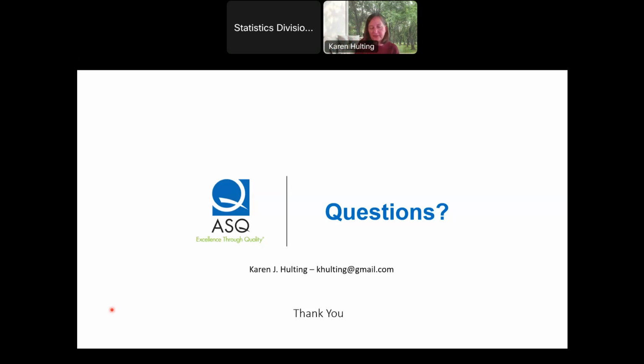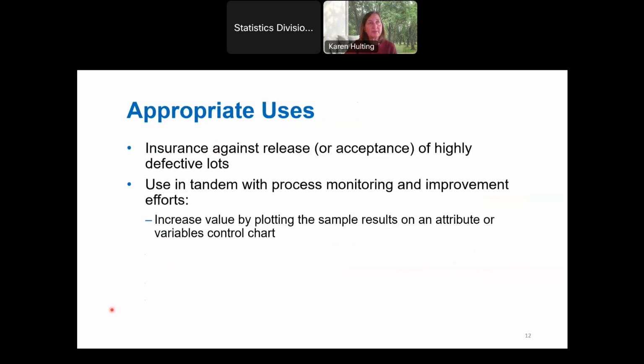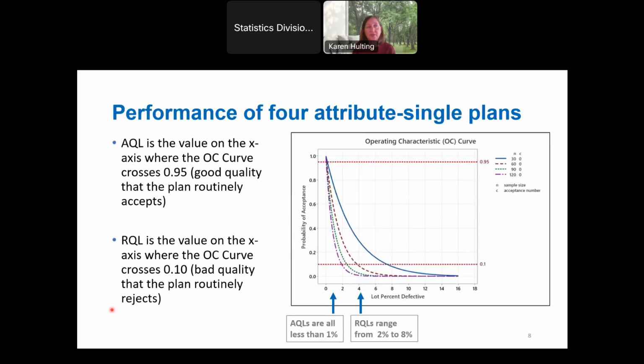Typically, as much as I would love to have an LTPD of 0.5% or 1% or 2%, those plans are pretty expensive, right? Because if we go all the way back to my Accept on Zero OC curves, if we have a sample size of 120 Accept on Zero, we find out that the LTPD is sitting right about 2%. So to get an LTPD that's even lower than 2% is going to be a sample size in attribute sampling of more than 120. Often our lot size is 100, right? We can't destroy, and sometimes this is destructive testing.